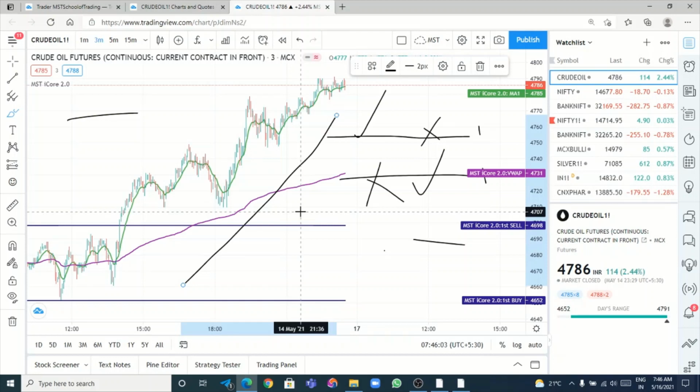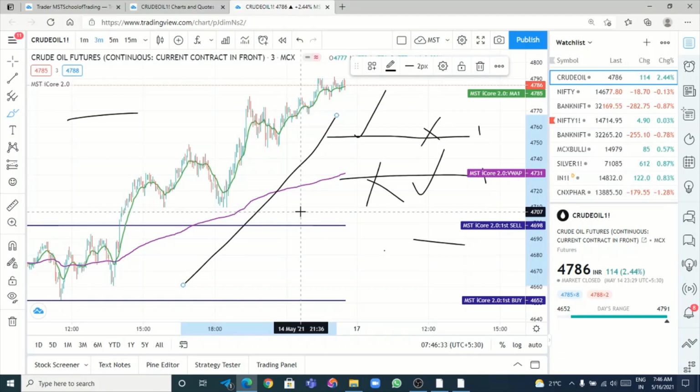That's all. Book the first target at the first lot. Revise the stop loss to cost, then wait for the second lot, third lot, and so on. And if you are a safe trader and a small investor, take 1 lot, book the profit at the first target, and exit. If the SL is hit, take the reverse entry with a double lot, book the profit at the first target and exit. And if you have a good profit, take 3 lots initially and keep revising the stop loss after hitting each and every target.